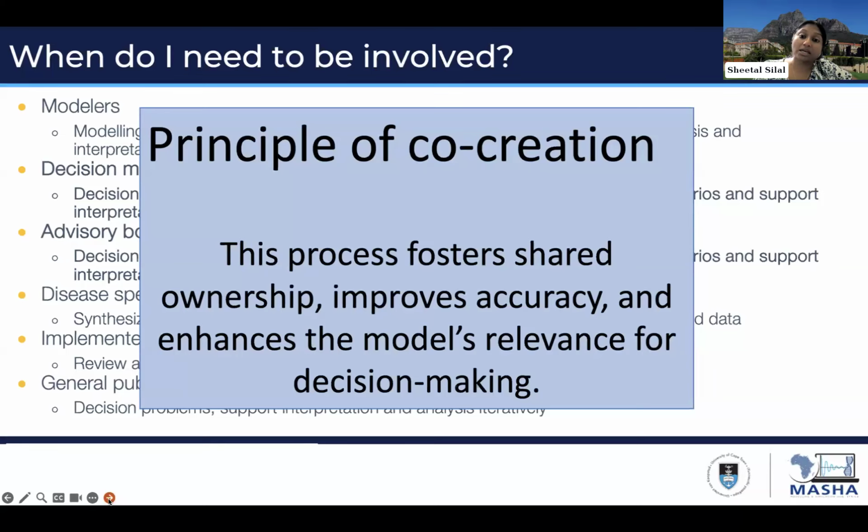So it is by working together throughout the process that you are able to ensure that the model and its forthcoming recommendations will be relevant for the decisions that are being made at the time. And that is why it is really important that throughout the study, you are a part of the modeling process, as are the modelers, and a relationship of mutual respect and co-creation is fostered from the very beginning.